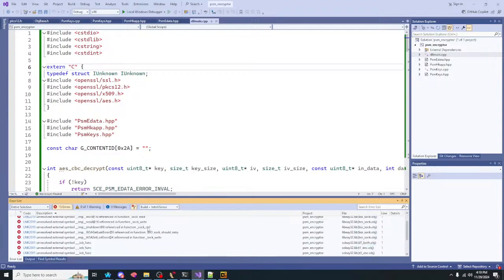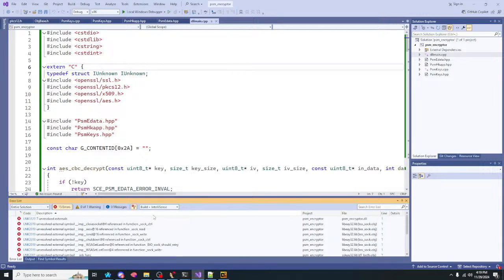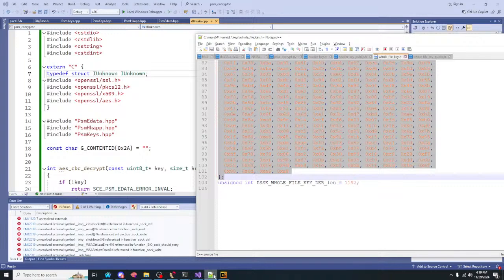Undefined external IMP send IOB func. Okay, I can't build with OpenSSL, because it gives a bunch of missing file